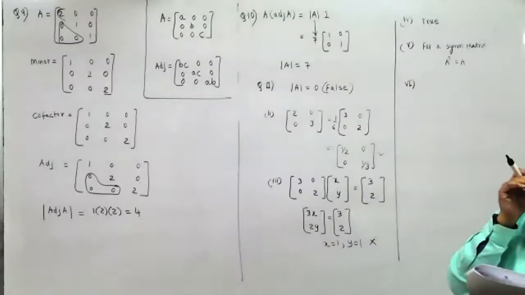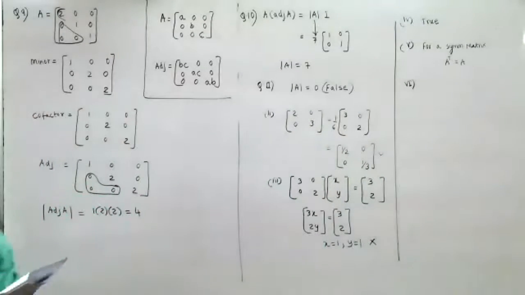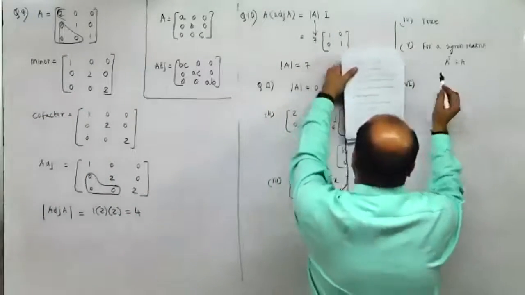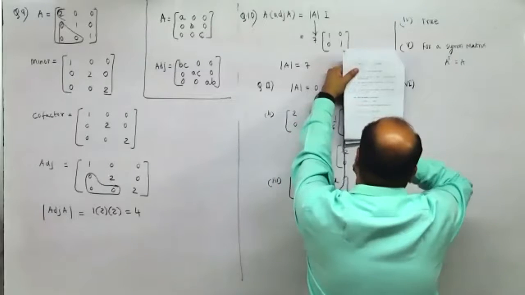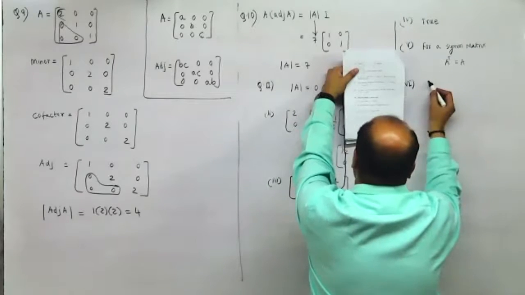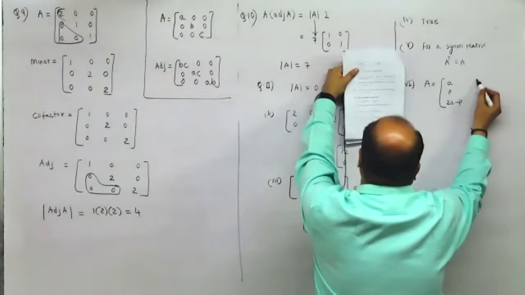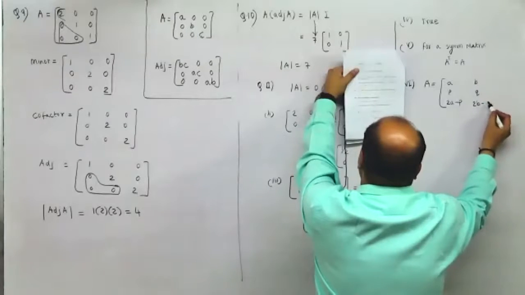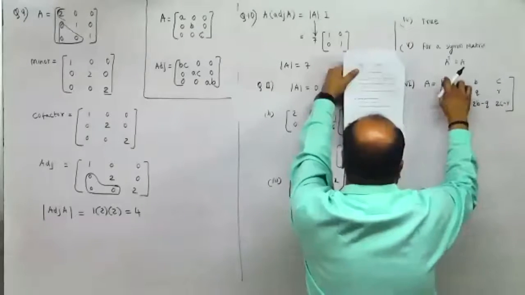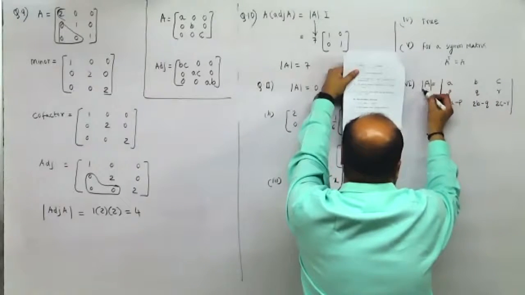Sixth, this matrix is singular. When is it singular? For it to be singular, its determinant value should be equal to 0. Sixth one. A minus P, B minus Q. Yes, it is singular. How? A matrix is this. Let me say therefore determinant value of A is this. Now remember, this is determinant value of A.